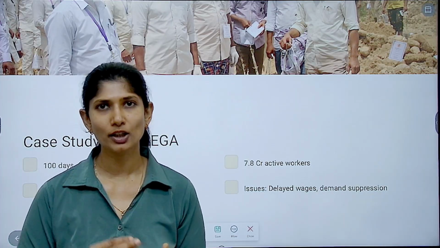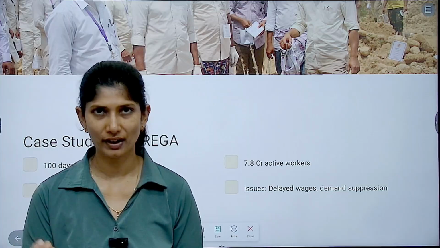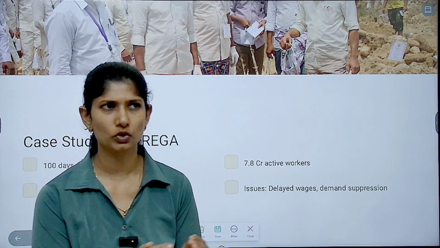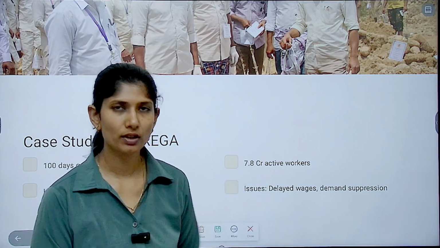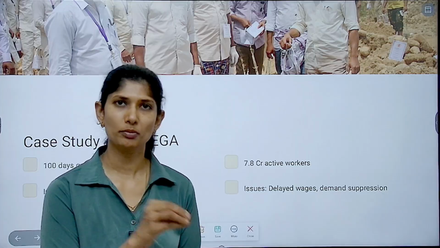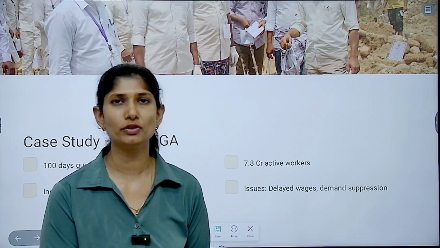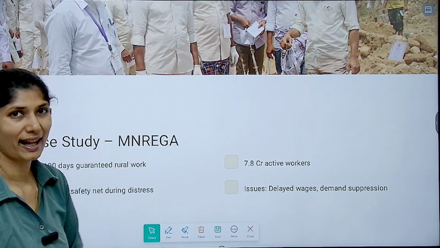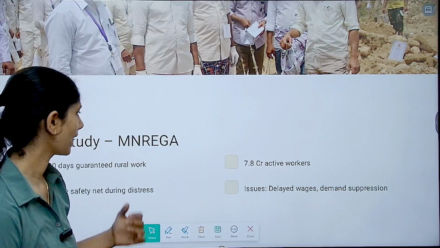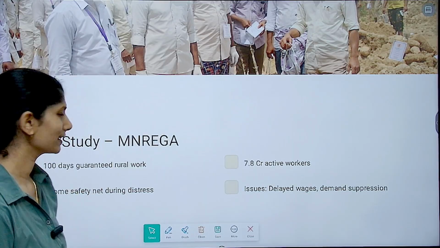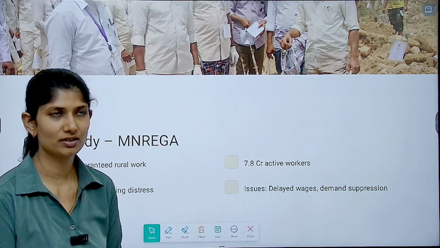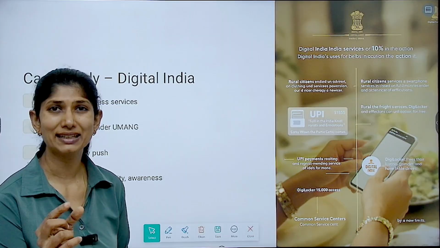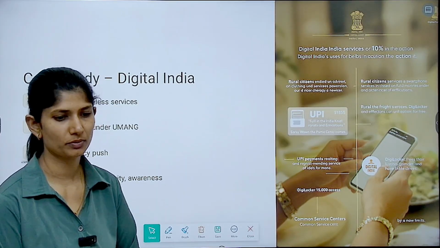Okay, the entire twin objective of trying to address assets for the particular, let's say, let's focus on a particular area. With your Manrega, asset also will be developed, people also will be employed, but here both of them are not happening in a simultaneous manner. Okay, 7.8 crore people have been active workers, and this provides us income safety net during distress times, or because most of your agricultural workers will have this lean season where they can be benefited from this.